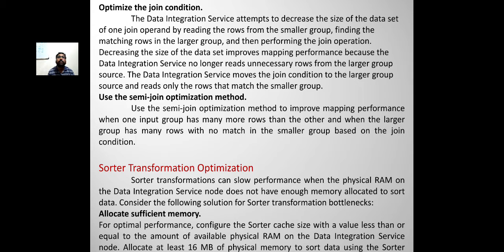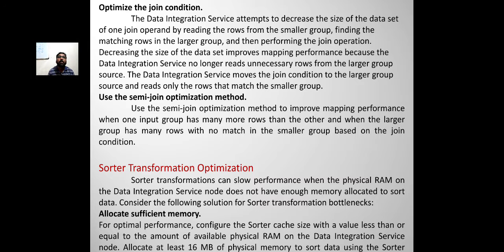Decreasing the size of the data set improves mapping performance because the Data Integration Service no longer reads unnecessary rows from the larger group source. The Data Integration Service moves the join condition to the larger group source and reads only the rows that match the smaller group, and uses the semi-join optimization method.